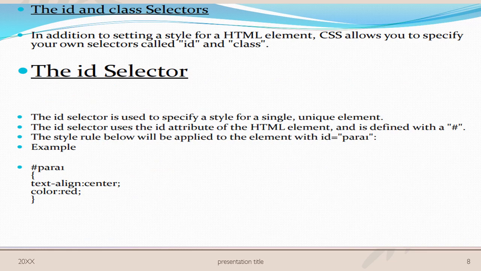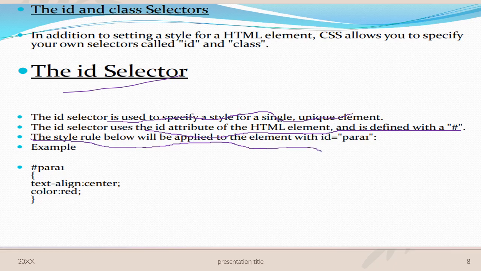The ID and the class selectors. The ID selector is used to specify a style for a single unique element. The ID selector uses the ID attribute of an HTML element and is defined with the hash. The style rule below will be applied to the element with ID in double quotes, para1. As we can see here, #para1, curly braces open, text-align center and color red, and curly braces